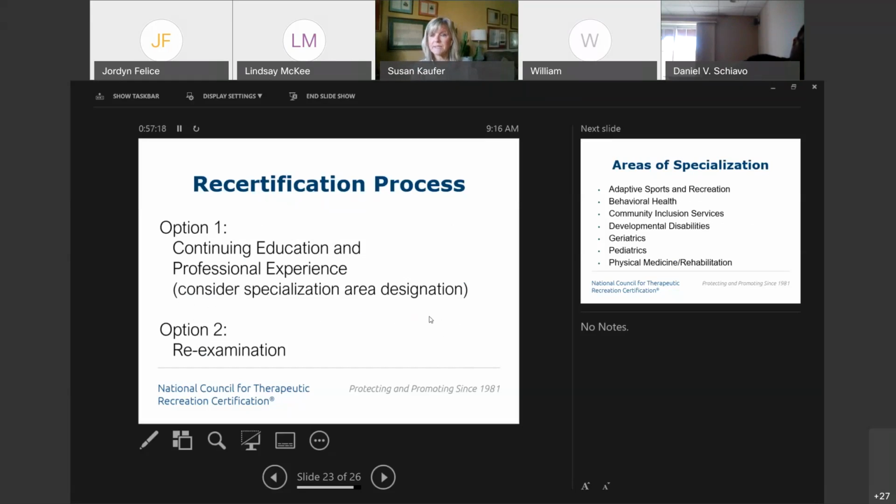You may take the NCTRC exam for recertification. It is an option. Many individuals who are maybe not working currently and want to maintain the CTRS certification might consider the reexamination. Many educators like to take the NCTRC exam for recertification. Many people just feel that instead of collecting those CEUs or continuing education hours, taking the re-examination over the 5 years is a great way to become recertified. So some just think it's a good idea, and it's the easiest way to recertify.